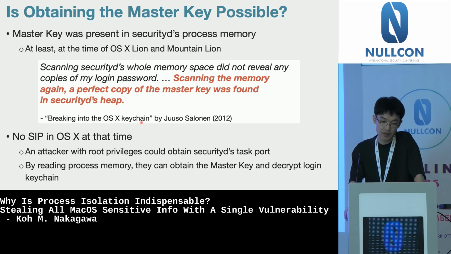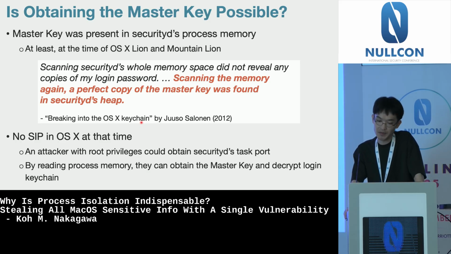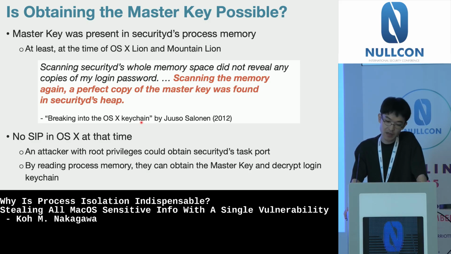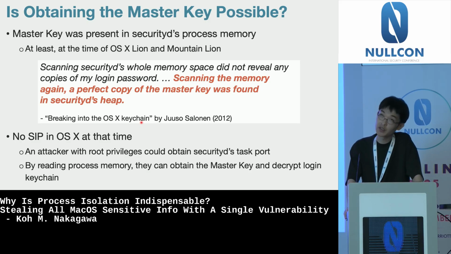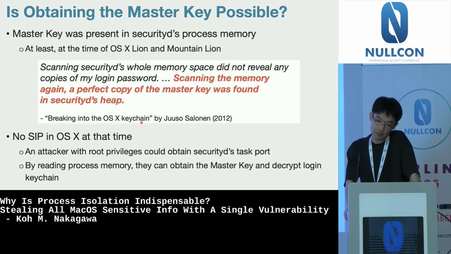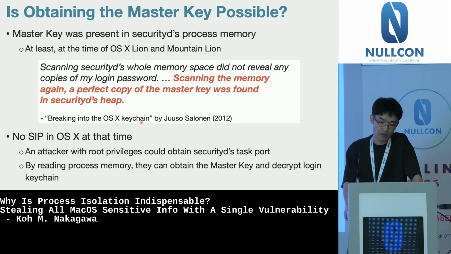He wrote that the securityd process keeps the master key in its process heap. That research was done back in the OS X Lion and Mountain Lion days, before SIP was introduced. Without SIP, a root process could obtain a task port for any process, so getting the master key was trivial. Today, SIP blocks that. But now, thanks to gcore's powerful entitlement, we can grab the memory image of any process